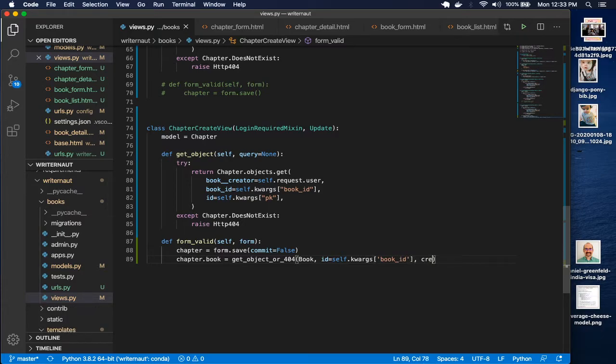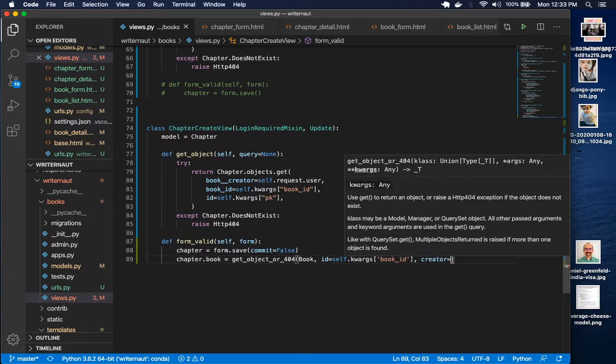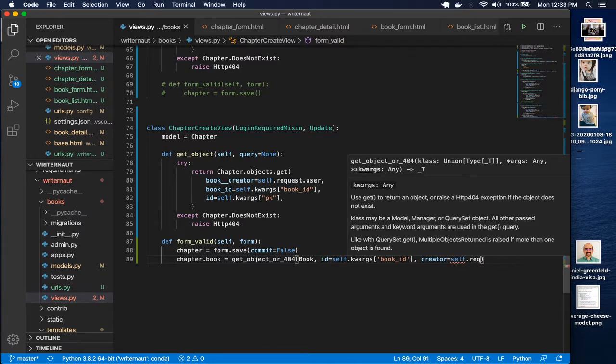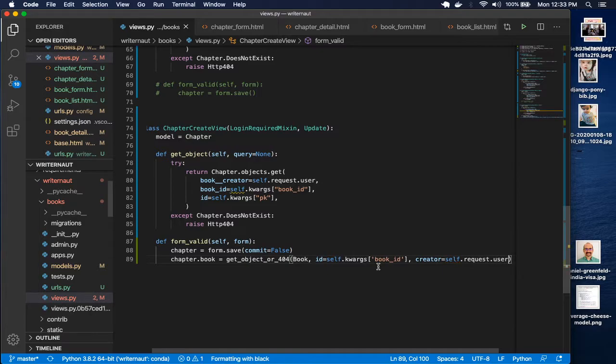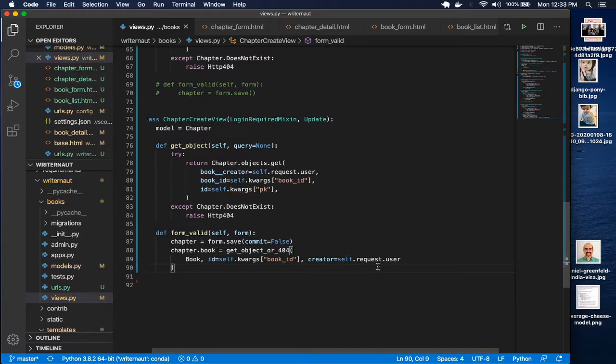then also we want to make sure that the person getting this book is the right person for it. So self.request.user. Wow, it's getting into this kind of code. I know this isn't complicated, but it's a challenge for me to do it while all of you are watching. So please bear with me. Okay, so the book is set, and I think we can just then chapter.save and then return super,